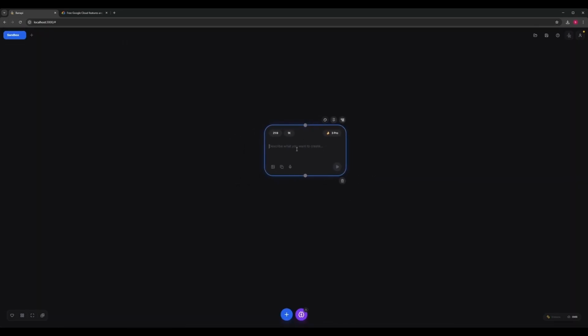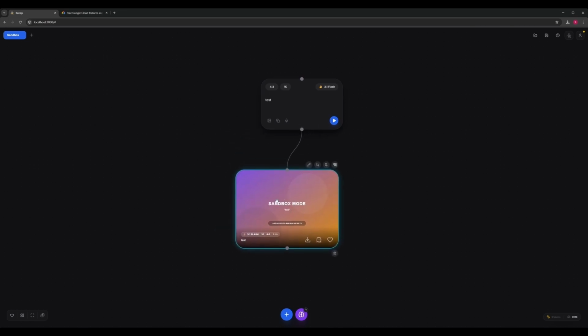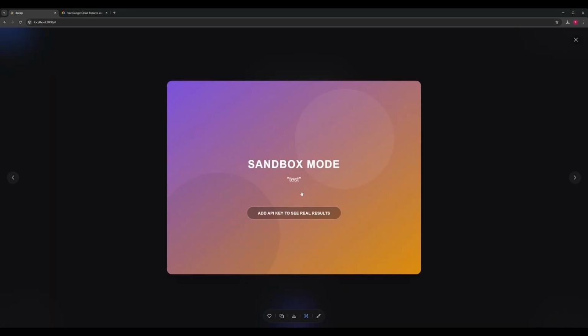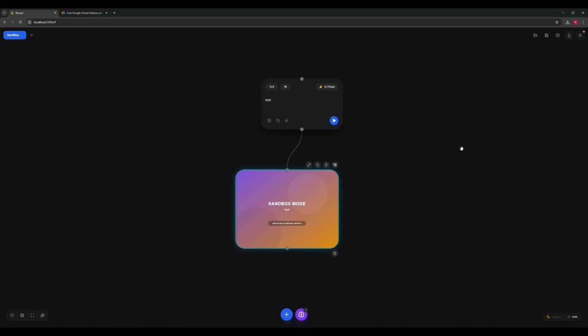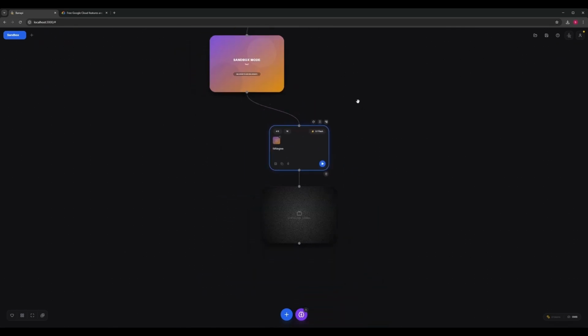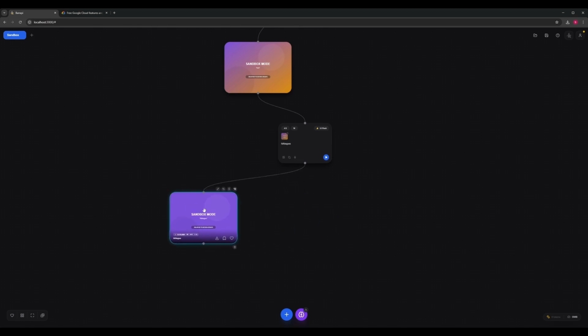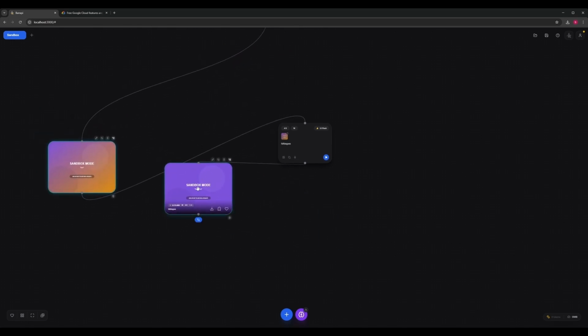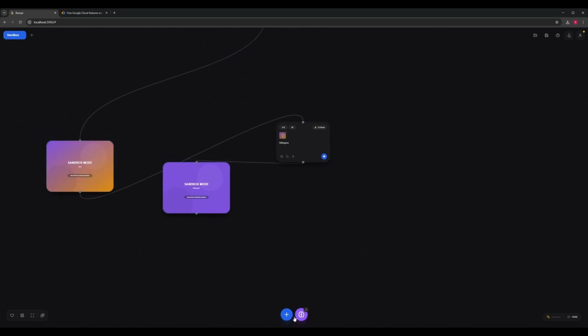I need to enter some prompt. Here I can choose the aspect ratio that I need, and here's some photo model, and press generation. And I get a simulation of generation, which I can open with a double click and look at. Next, I can take this image and connect it to another node, write some prompt and get another image. Next, I can select these two images. I can create a node with this button,